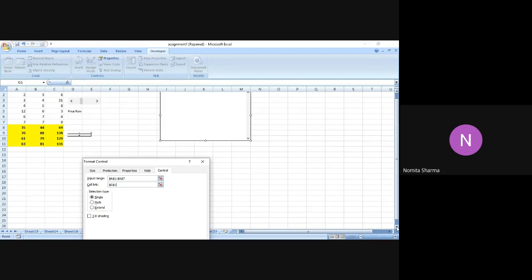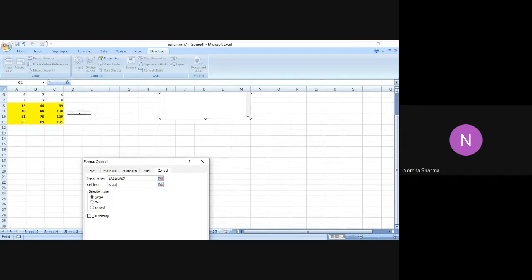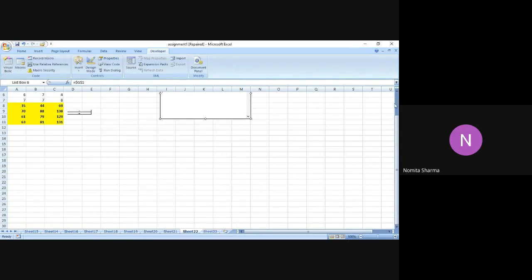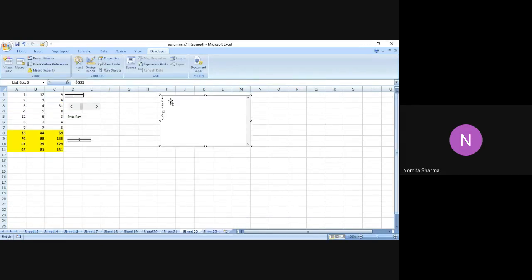So let me just press OK, and then I will write that function over here. So if I say OK, you will see that the list has come over here, so it has 1, 2, 3, 4, 5, 6 and 7, and actually in G1 it is not showing anything because I haven't written any function over there.